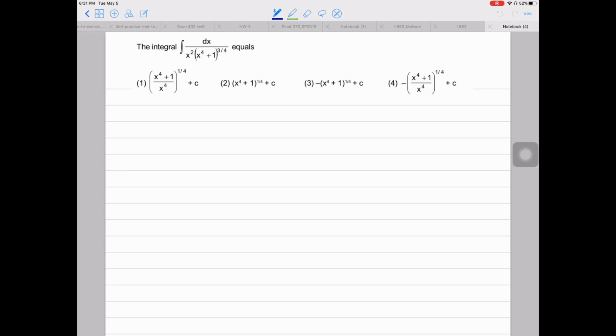The integral of dx over x^2 times (x^4 + 1)^(3/4) equals. So we have an integral. We cannot solve this integral directly, so we'll perform one substitution here. But before performing a substitution, we can rewrite this integral as,